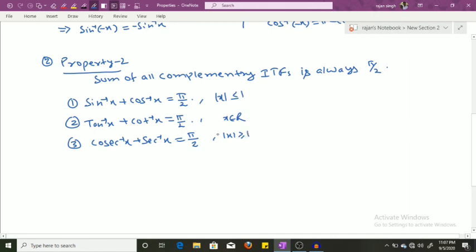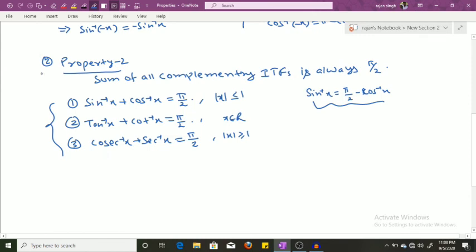We will also see the proof, but before that, there is one thing you need to understand: how to think in the problem. Sometimes, according to the problem, you have to think that sin inverse x is pi by 2 minus cos inverse x, or cos inverse x equal to pi by 2 minus sin inverse x. In problems you have to use this, or sometimes sin inverse x is given, so you have to make another cos inverse, since sin inverse plus cos inverse will be pi by 2.